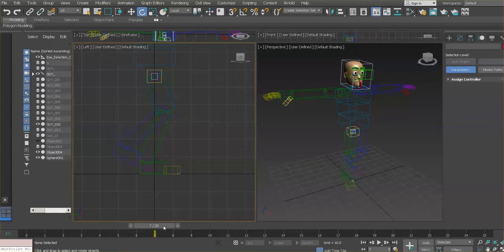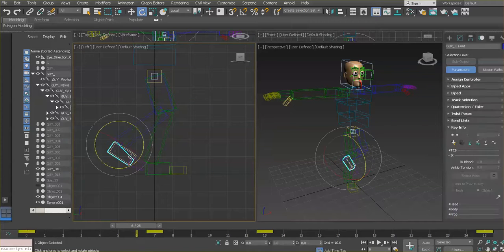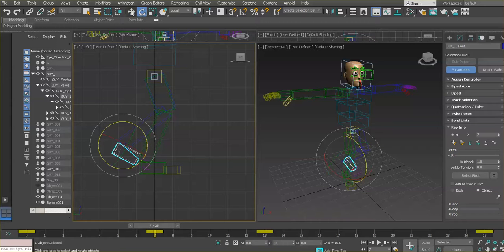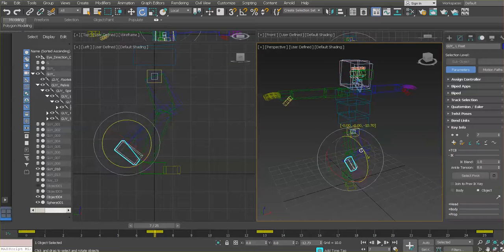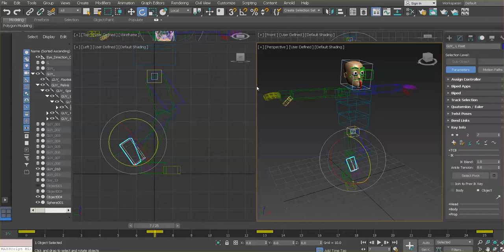Okay, so let's take a look now to see what's happening. We are now going from contact to passing. Notice that now the blue leg, his left leg, gets picked up and ready to pretty much go the other way. I would say on frame 7, let's make that a little bit higher, so that it has a little bit more visual difference of what it is that we're doing. So let's go move it up